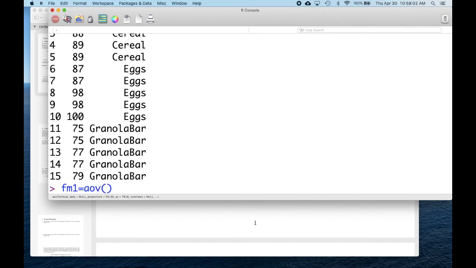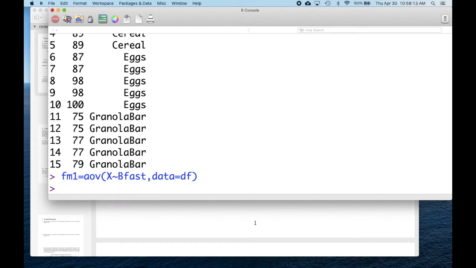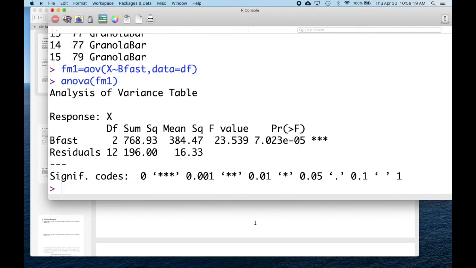I'm going to do an analysis of variance where we compare our data set x to breakfast. Our data set that we're actually using is this data frame, df, and that's fm1. And then I want to run this ANOVA test on this formula. And it turns out that our F value is 23.539. Our p value is tiny,